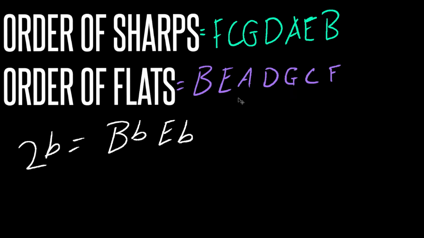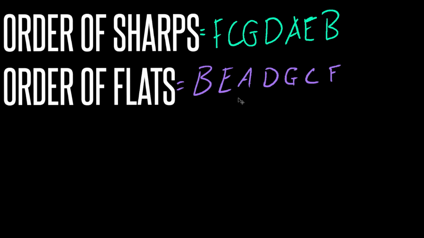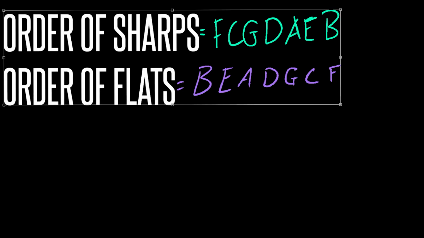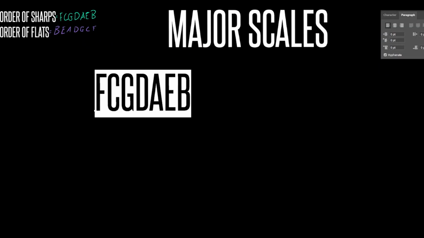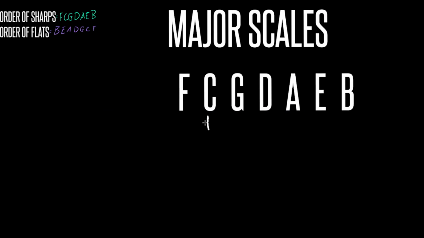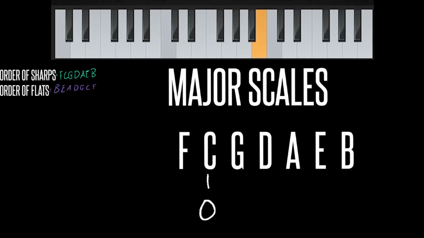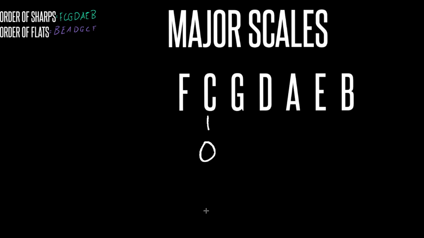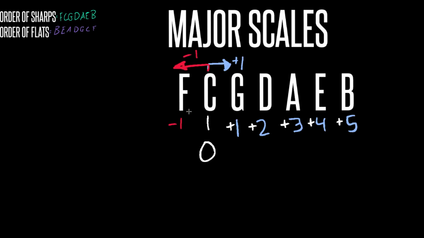Let's start by looking at the order of sharps to figure out the whole letter scales. So whole letters meaning no sharps or flats next to its letter. So here we go again. F, C, G, D, A, E, B. Always remember C major is going to be 0. So C major has no sharps or flats within its scale. Remember that, C, 0. If anything, remember C is almost a 0 or a circle. Anytime we move forward from the letter C, you have to add 1. Anytime we move backwards, we do -1. A positive number will result in there being sharps in the scale, whereas a negative number will be flats.